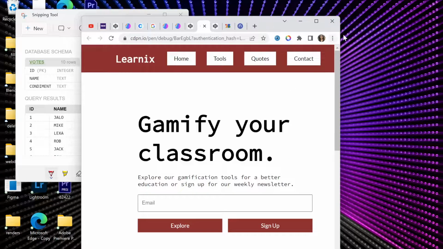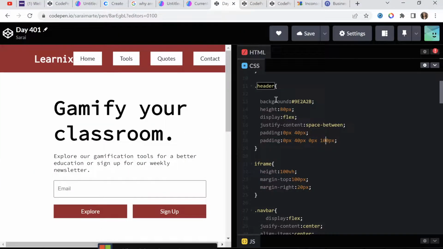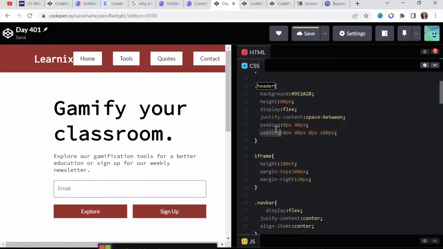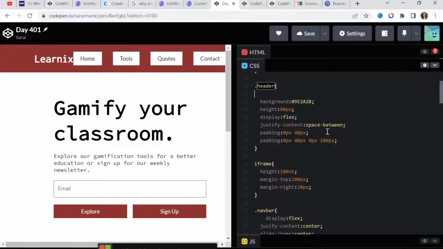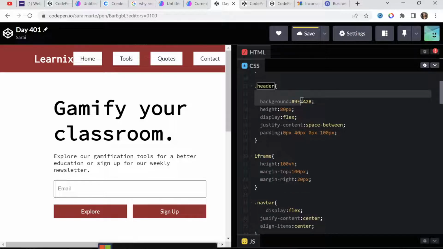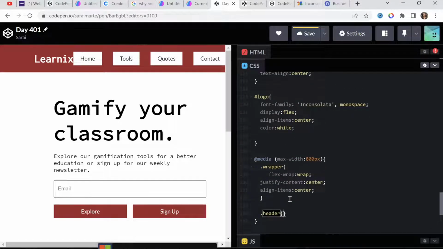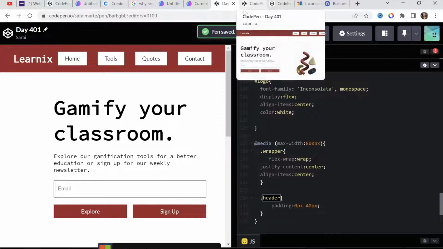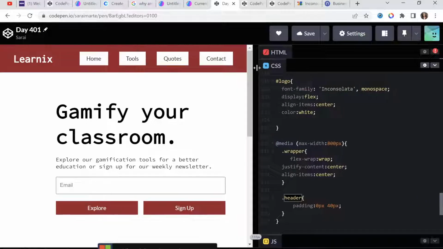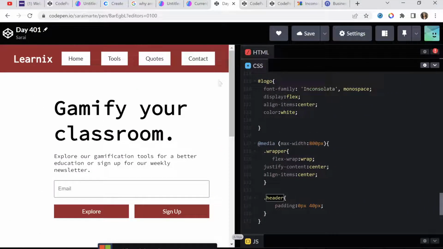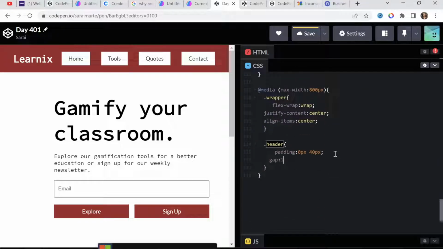And then let me just make sure it's responsive. Yikes. Alright, so for that, let me get rid of this. And then, oh actually no, this is how I had it before. So let me get rid of this and then open up a media query and just paste that into here. So header, paste that in there. There we go. Actually, maybe the problem is that it's in the middle, that's why. Alright, and then let me go to the header and make sure that there is a gap of 1 EM